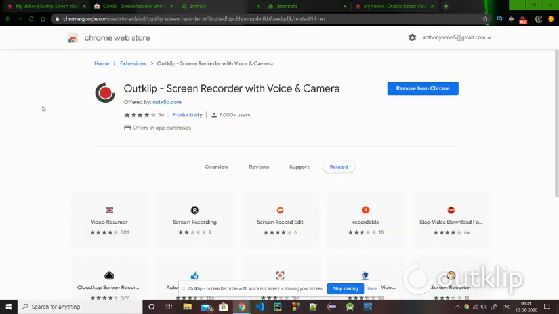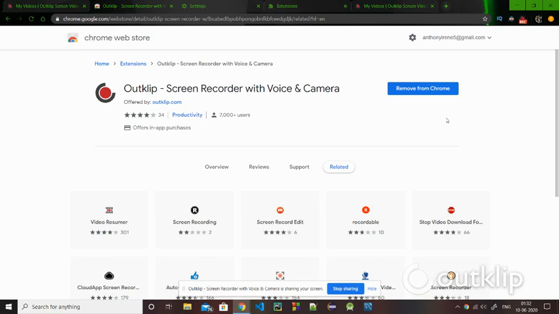Over here there will be an option for add to Chrome. You will simply click on it, and it will start downloading, and subsequently it will be added to your Chrome. Over here you can see beside my profile picture, this REC screen recorder.